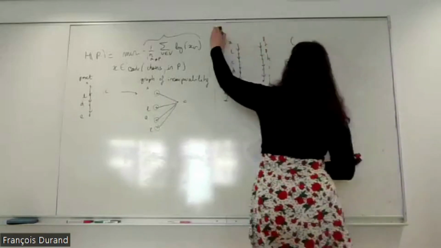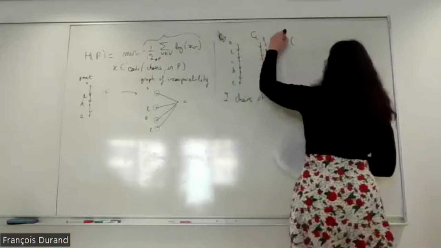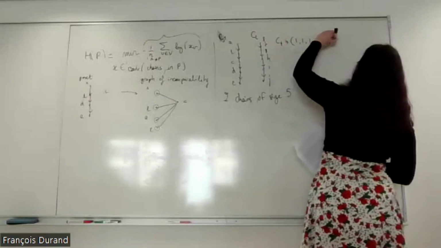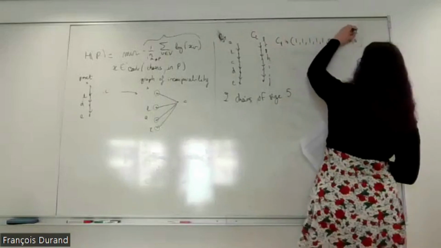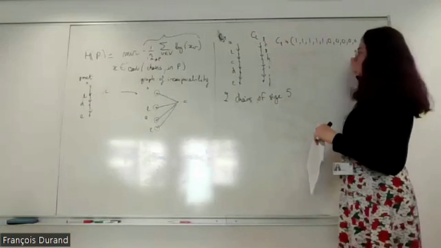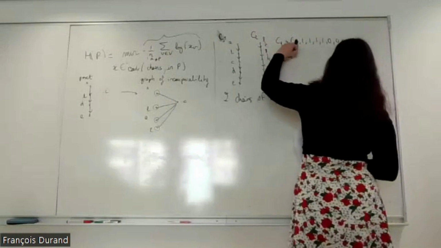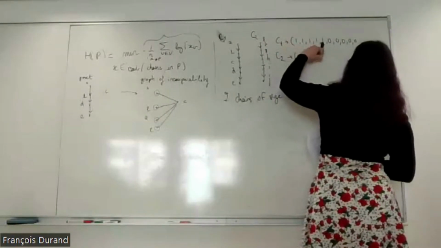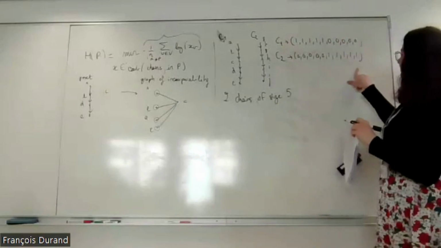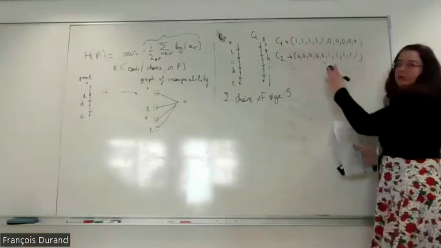This chain, let's call this chain 1 and chain 2. C1 is represented as this vector in the graph of incomparability, and C2 is represented by this vector. And so now you see that if you take a convex point between those 2 points,